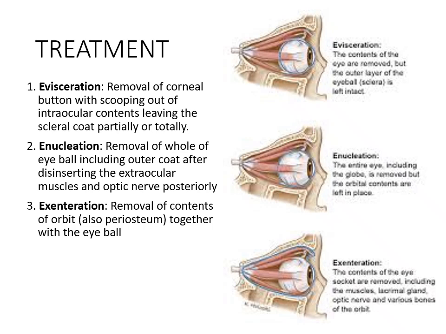The eye is already PL negative. So, the difference between evisceration, enucleation, and exenteration. Okay, so this is evisceration, right? Evisceration is basically like scooping out and leaving the sclera behind. So, removal of the corneal button with scooping out of the intraocular contents, leaving the scleral cup partially or totally. That's evisceration. Enucleation is removal of the whole of the eyeball, including the outer coat, after disinserting the extraocular muscles and